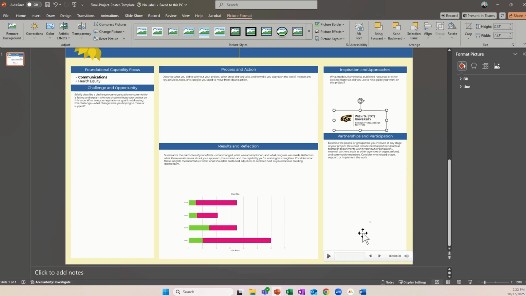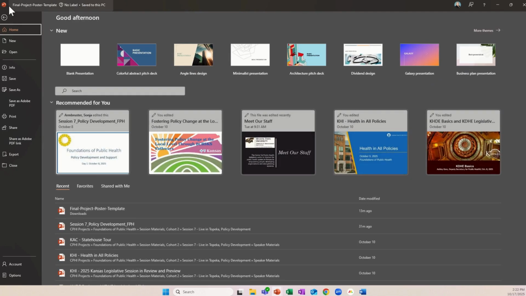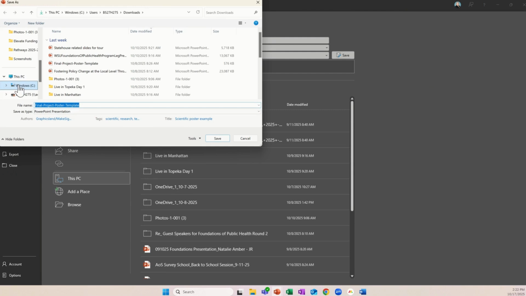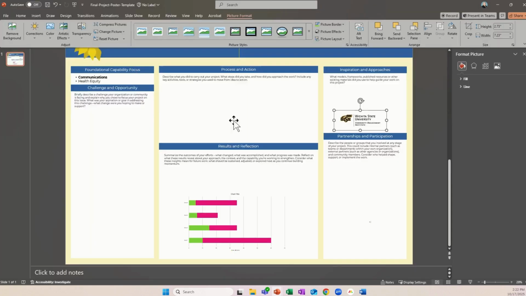That's about it. Once you're done with your PowerPoint slide, you can just go to Save As, save it in a place that you'll find it, and then you just send me that PowerPoint file. And I'll combine all of the PowerPoint files together so that when you're in your breakout group, your facilitator will have all of the files and click through them, so you won't have to do any of the share screen or anything like that. The facilitators will do the share screen for you, and you can just do your 5-minute